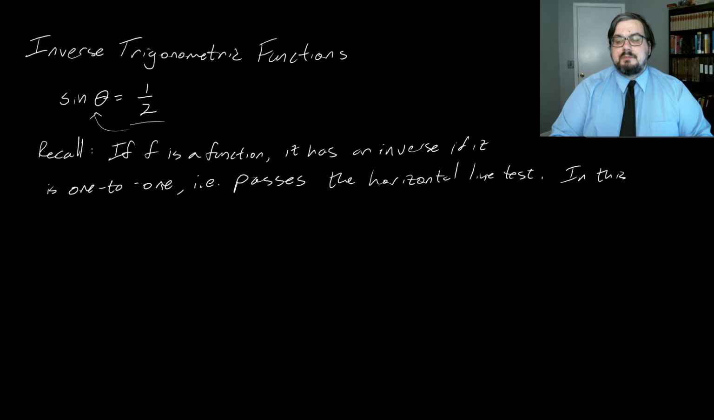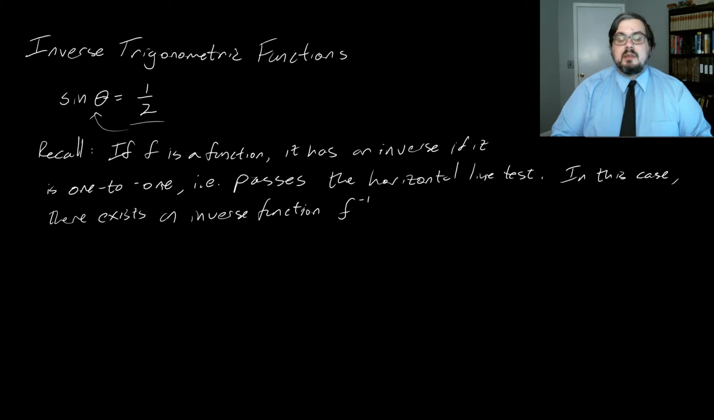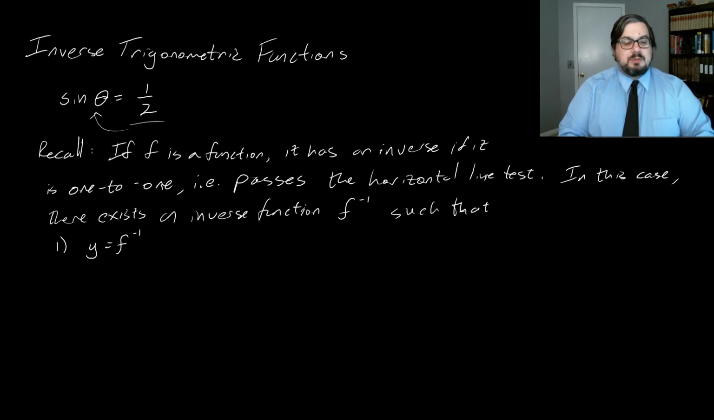In this case, there exists an inverse function, which we write this way, f with a superscript -1, such that a few properties hold. So I'm going to enumerate these properties here. Property 1 says that y is equal to f inverse of x if and only if x is equal to f of y, not f inverse of y,